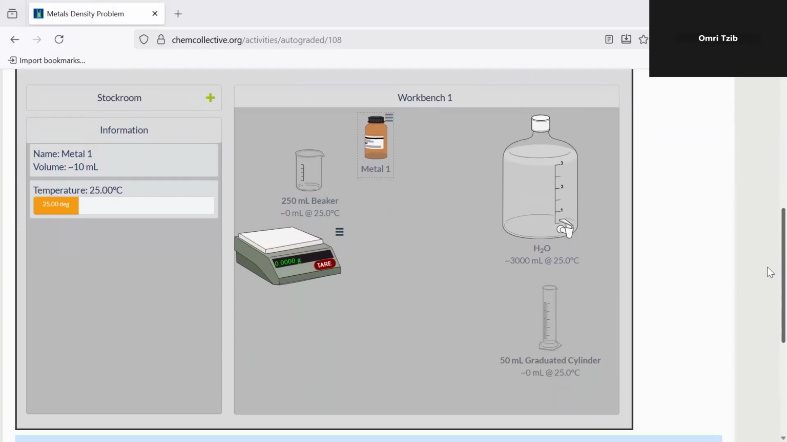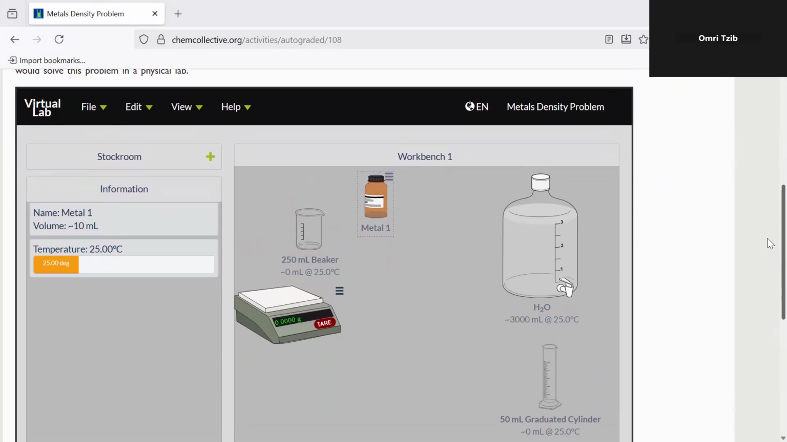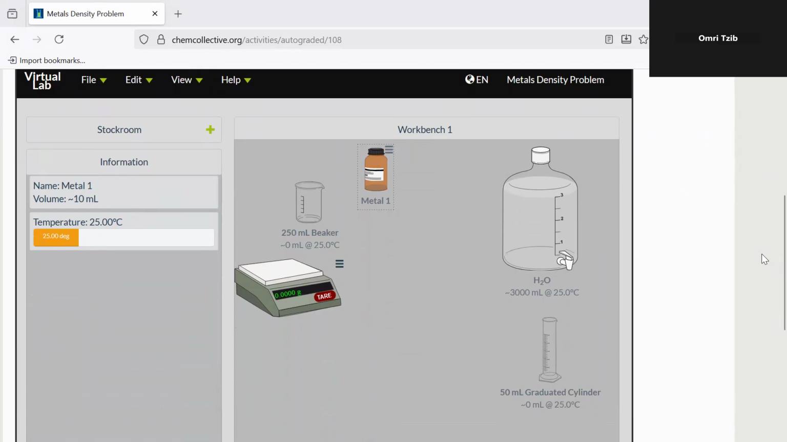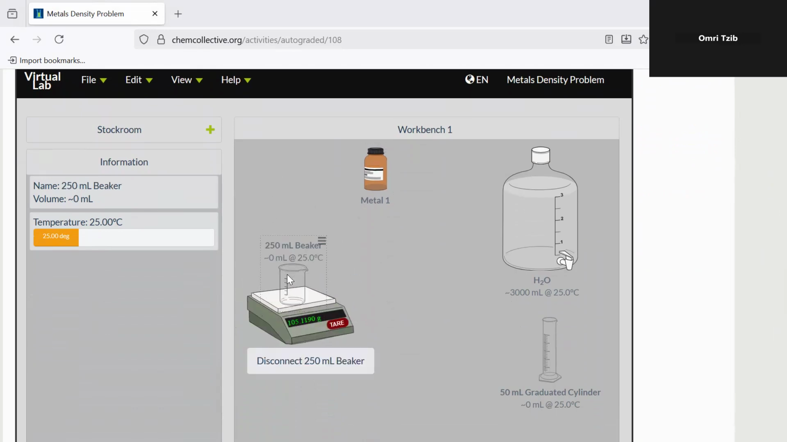Good day, my name is Omri Sib, and today I'll be showing how to find the density of three unknown metals. In order to find the density of a metal, we divide the mass by the volume, and that would give us our total density. So the first step in order to find our density, we need to get a fixed amount of